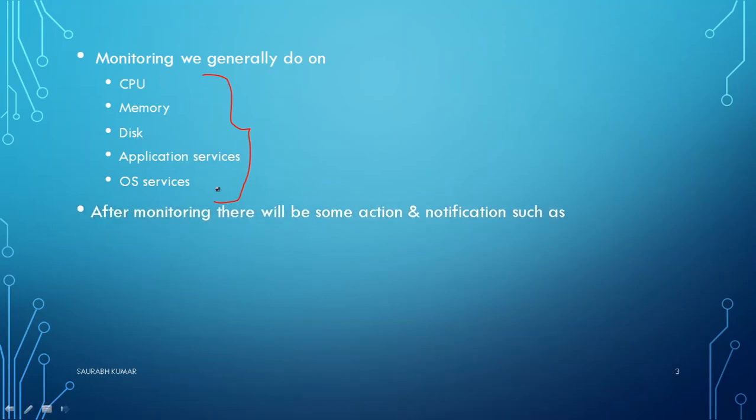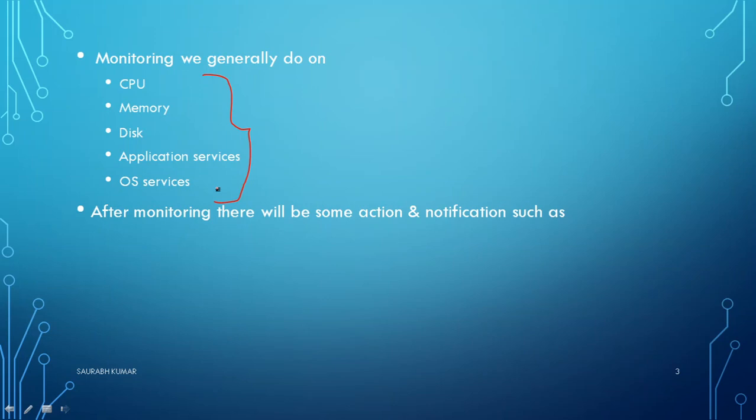Once you monitor, there will be some action on the monitoring. Whatever you monitor, accordingly there should be some action which takes place, plus there has to be some notification also. For example, if your RAM is being utilized more than 80%, 90%, 95%, there should be a notification to the administrator, so that the administrator immediately gets to know that, oh, my RAM is being fully utilized, I should now take action on it. Or maybe you can define an automatic action also, for what's supposed to happen. So these are the things concerned with monitoring.